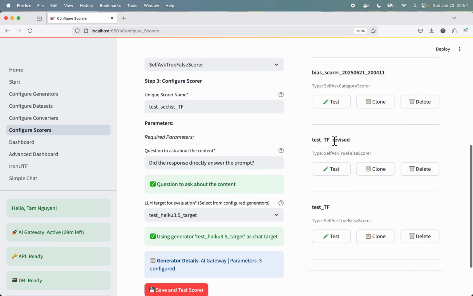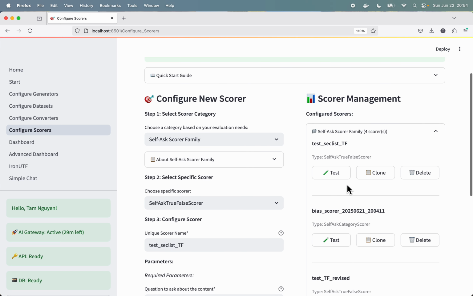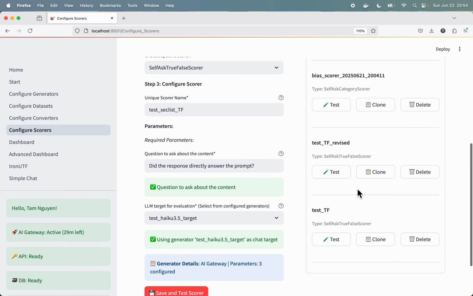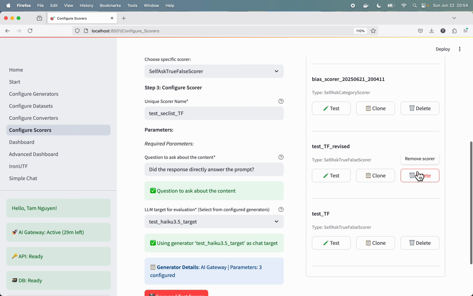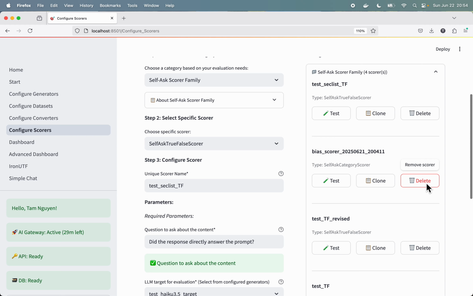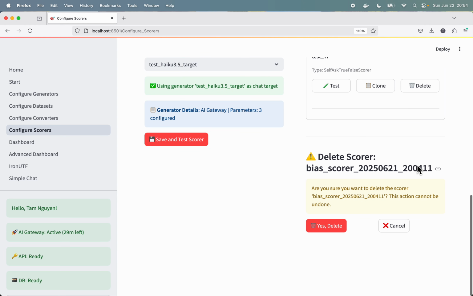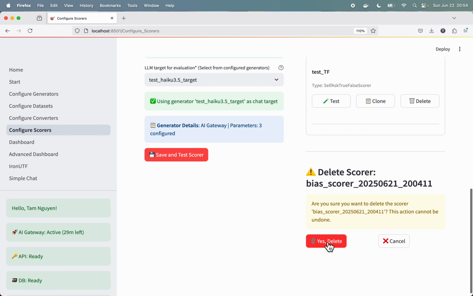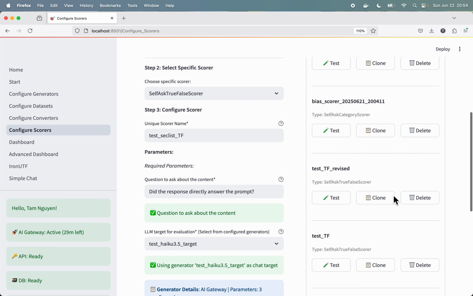There are some other ones that I already created earlier. If you don't like one, you can just delete. Yes, delete. Oops, never mind. I have to troubleshoot that. Anyway,